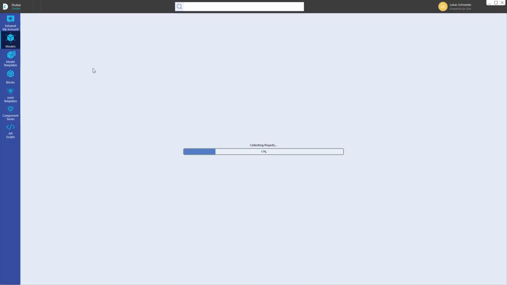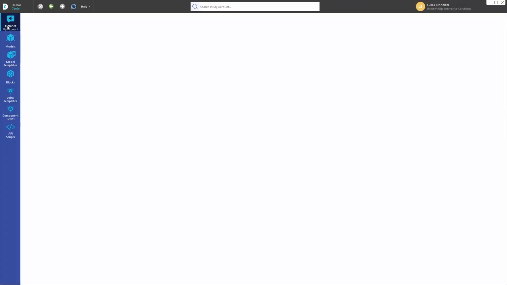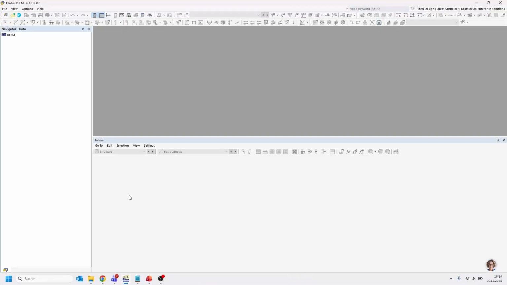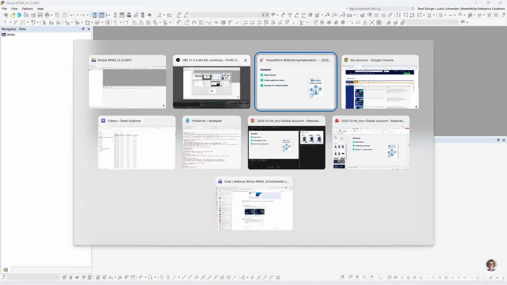So if you open the Dlubal Center, on the top left side, you have an icon called Extranet, My Account. And this is basically your Dlubal account with a lot of features like tabs on the top. Oh, wrong language. I will change that in a second. And also on the left-hand side. The way I want to show you the account is, however, via the web. So I will switch to my